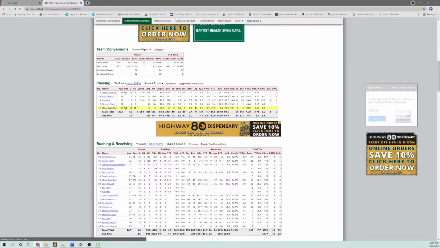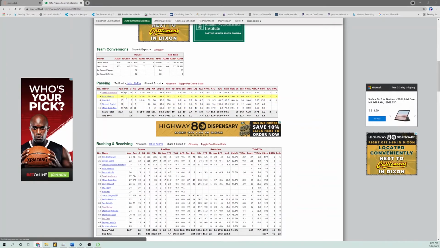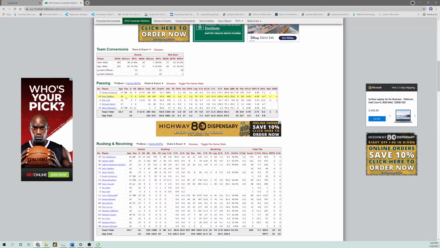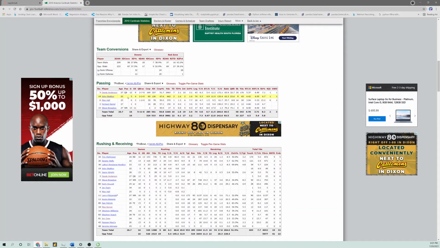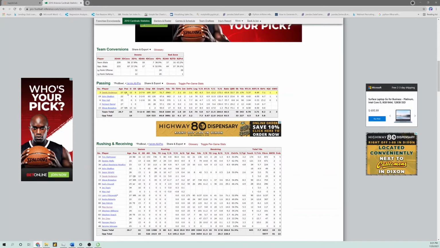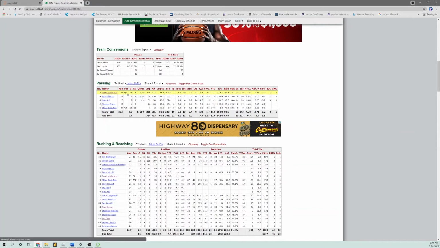One more thing I wanted to point out, and this is something on the Pro Football Reference website, and I don't know why they have it like that, is that for some players they don't have a position listed next to them. It's going to be hard to figure out what position these guys play, but this is something we handle later on in another script where we scrape all of the players from this